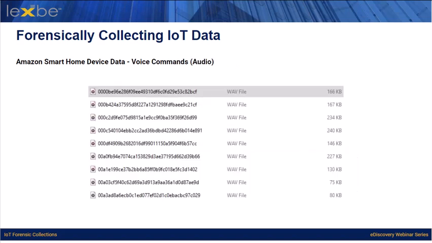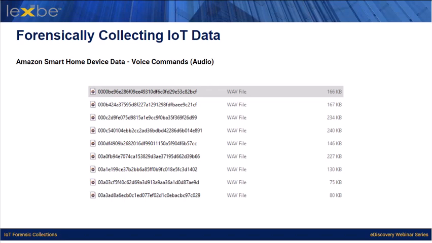And then here's an example of what you will get when you pull data from the Echo device, and you can see all these audio files. These are just a small example, but they are all voice recordings. The moment I say Alexa and then start asking a question or telling it to do a command, it starts recording it and it saves those recordings in the cloud, unless the system is told not to do that. But by default, it stores all that data.